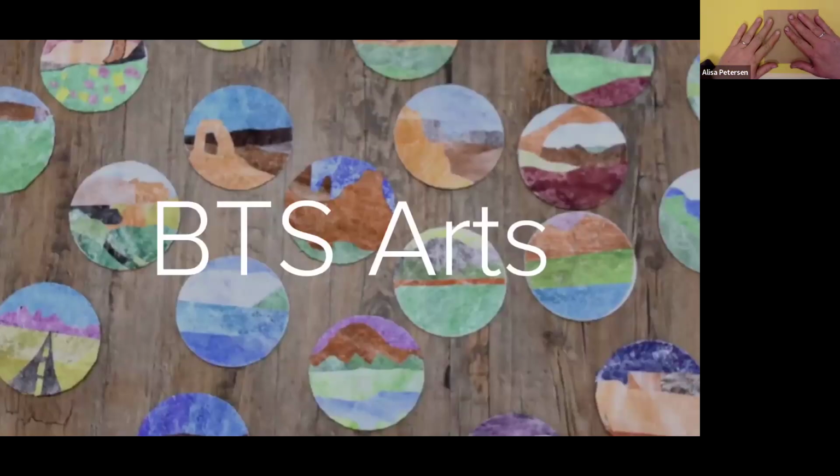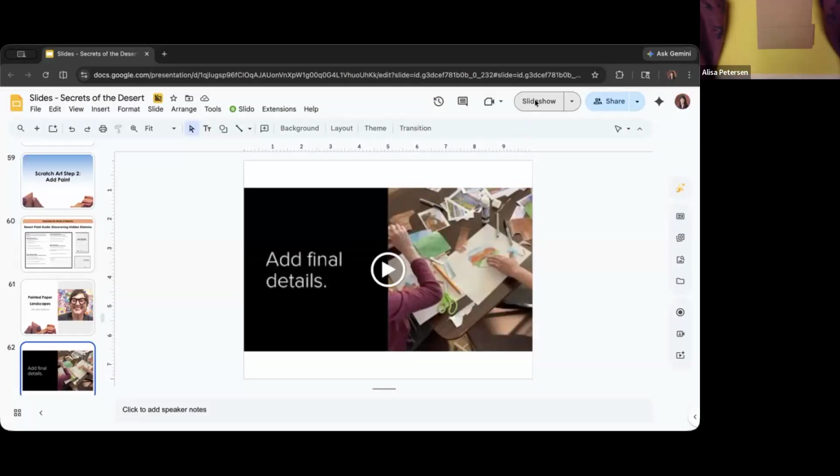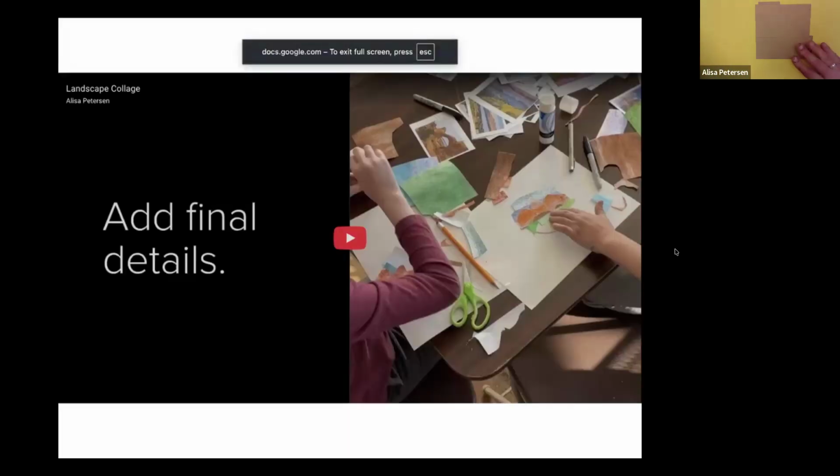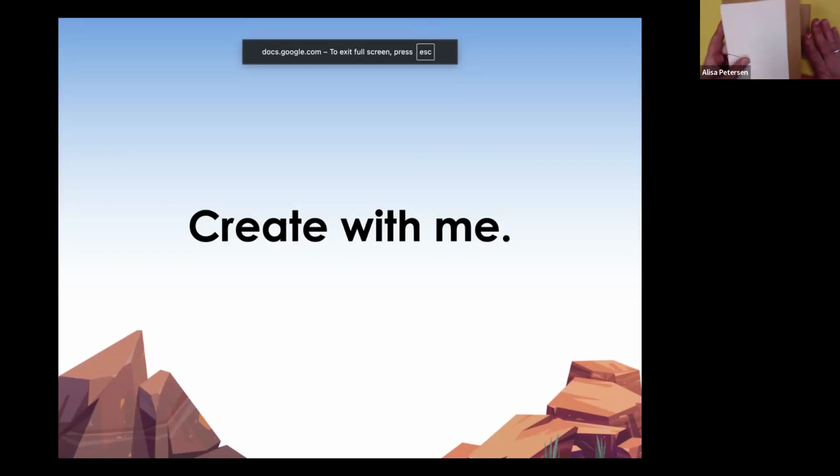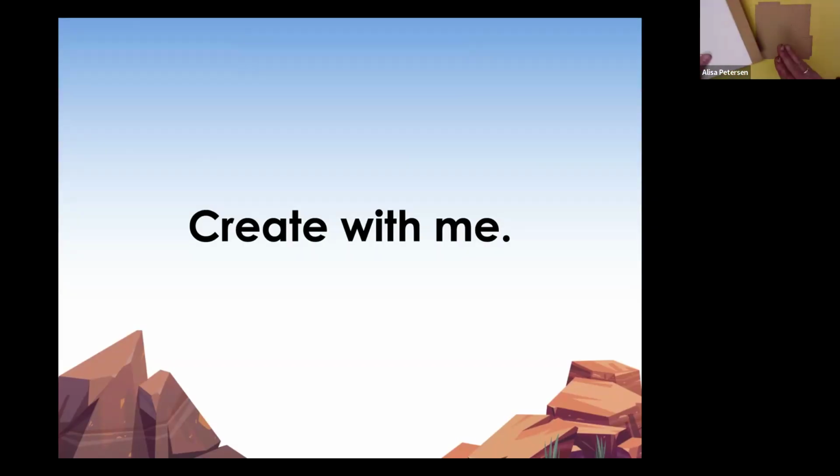All right, so this is such a simple project, and I do have several tips that I want to share with you for helping this work really well for students. Now, in your packet, the resources that we're using for this are on the left side of the folder. And you'll see some larger brown craft papers and some white papers, and we're going to put those aside. We may not have time to get to this project. It's for a little pop-up card, but there are instructions that you'll get by email